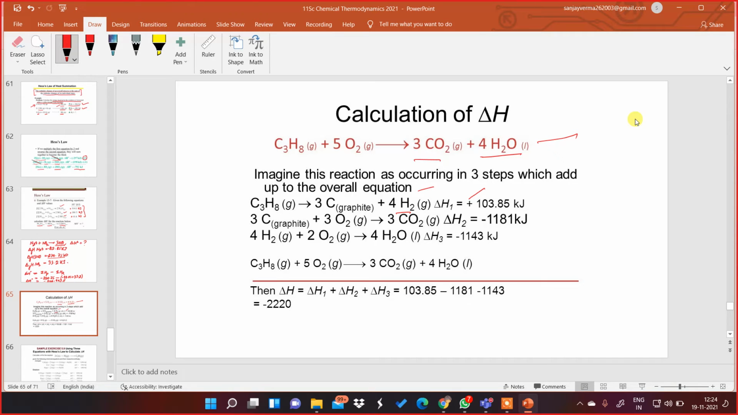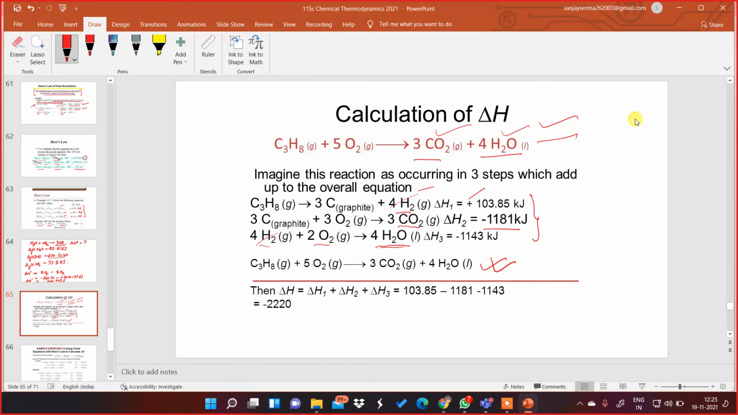Endothermic. Then in the second step, this graphite is burnt to give carbon dioxide. Again, heat is given out. And finally, hydrogen combines with oxygen to give water. So these are the 3 steps. Now in the formation of what? Carbon dioxide and water vapor. See, carbon dioxide is formed here, water vapor is formed over here. This will cancel. So imagine this above reaction is occurring in 3 steps, which add up to the overall equation